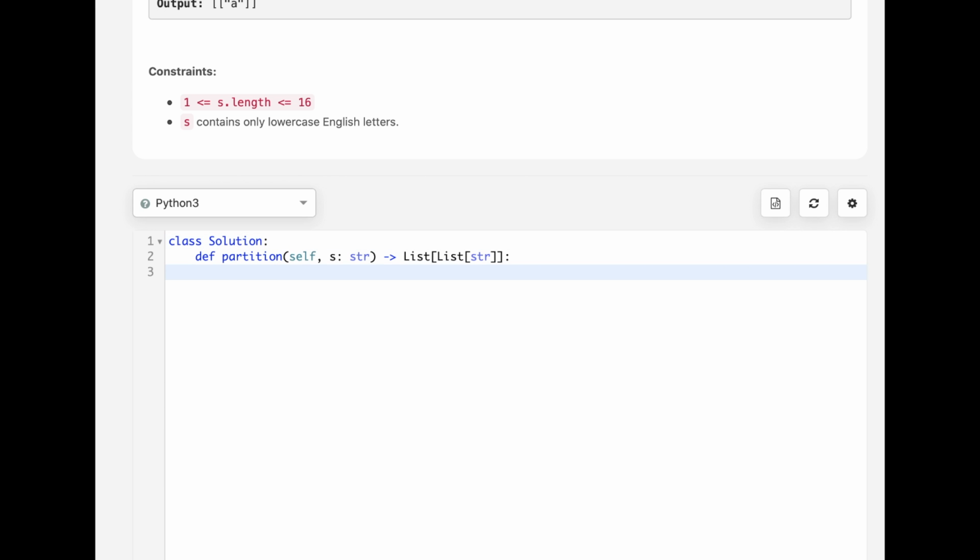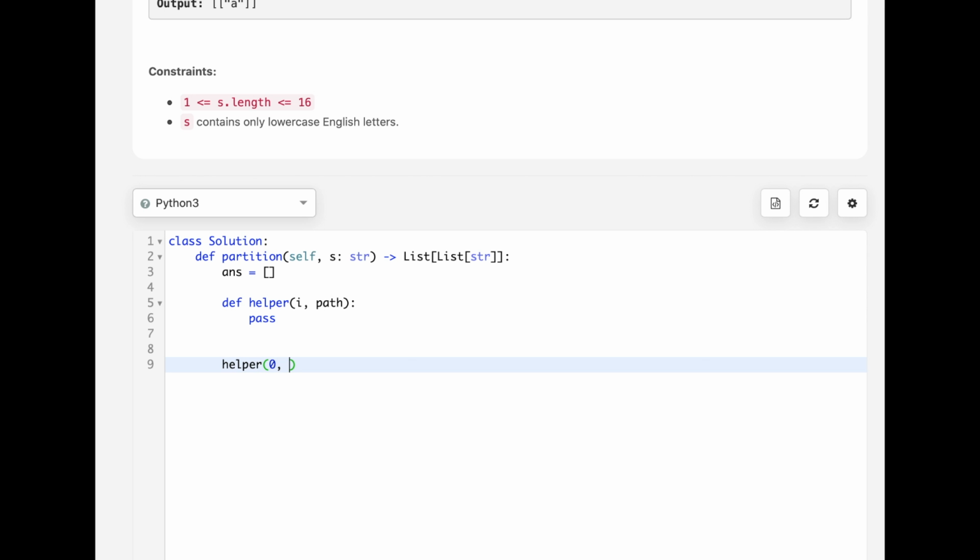So we can store the answers in a list. And I'm going to write a recursive helper function. This helper function is going to take I, which is the start index, and it's going to store potential solutions in a variable called path. And we're going to call helper on a start index of 0, and at this point, path is going to be an empty list. So as long as the start index has not reached the end of the string,